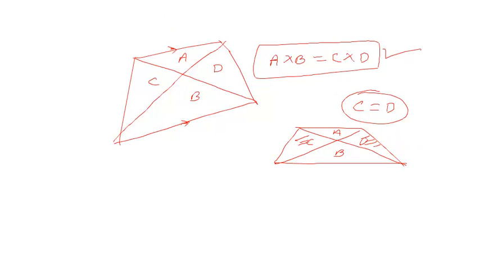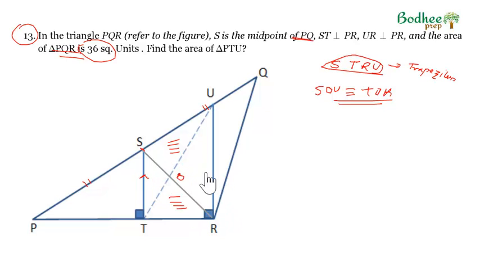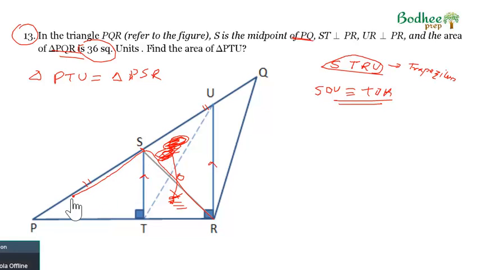So coming back to this, with the same logic, if this is parallel, then this area will be equal to this area. So effectively, the area of triangle PTU can be written as the area of triangle PSR, because if I replace this part with this, then the asked question will reduce to this. Clear? Now S is the midpoint of PQ, and